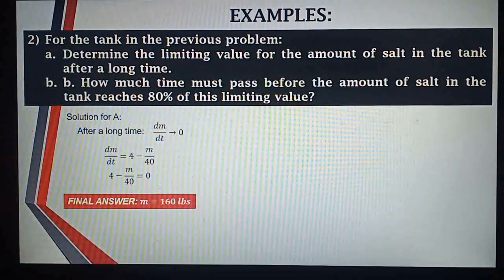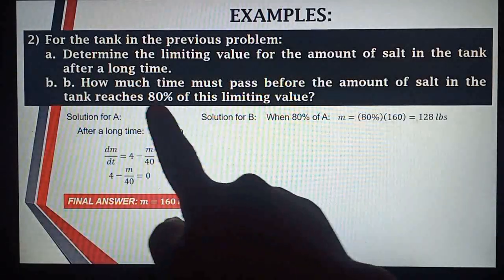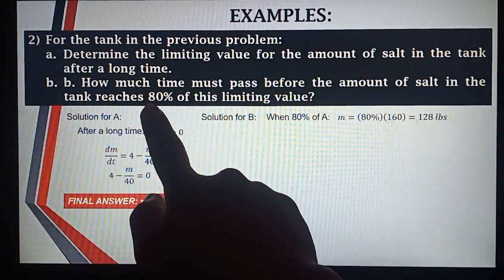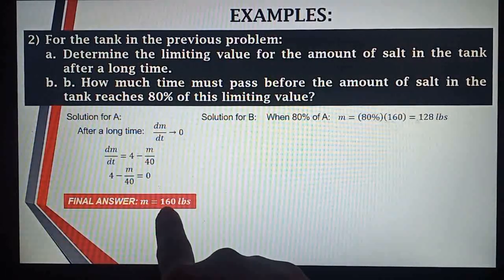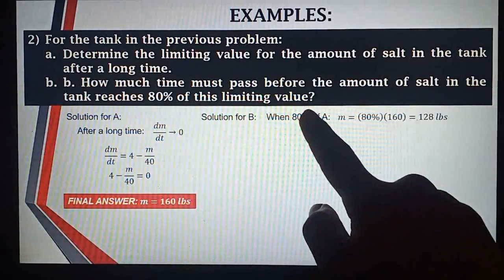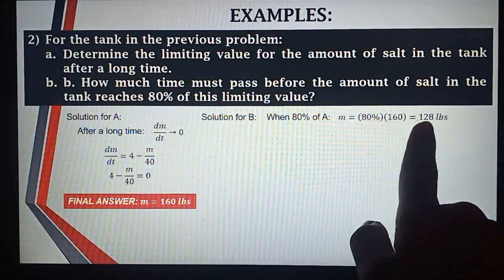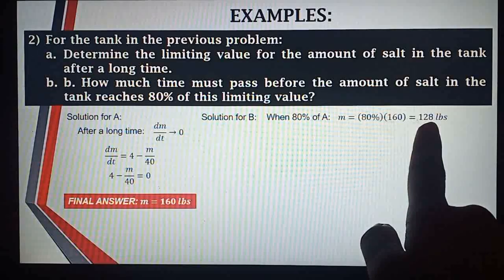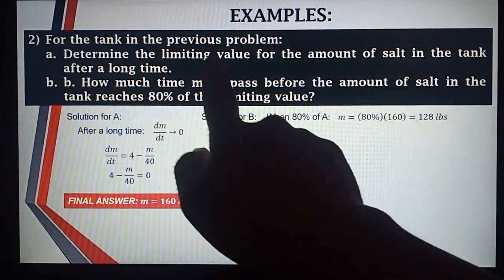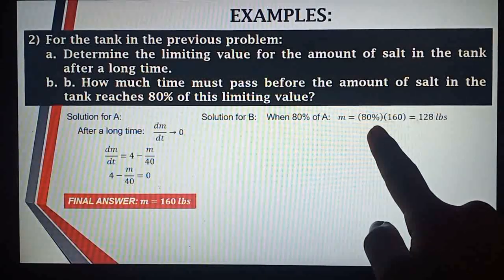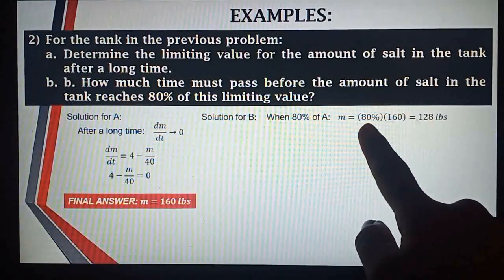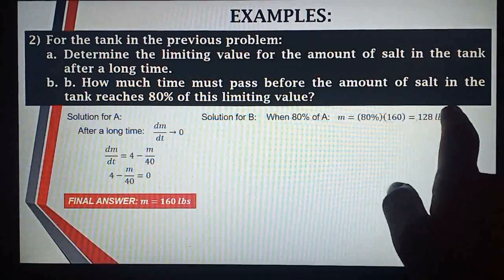Now for letter B, we need to find 80% of the limiting value. If our limiting value is 160 pounds, then 80% of the 160 pounds is 128 pounds. The question is how much time until it reaches 80% of the limiting value, or what we computed,